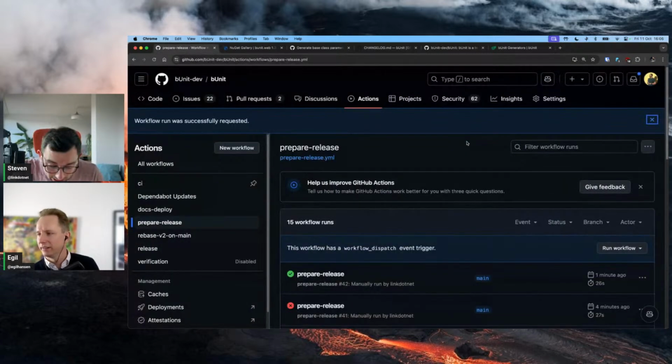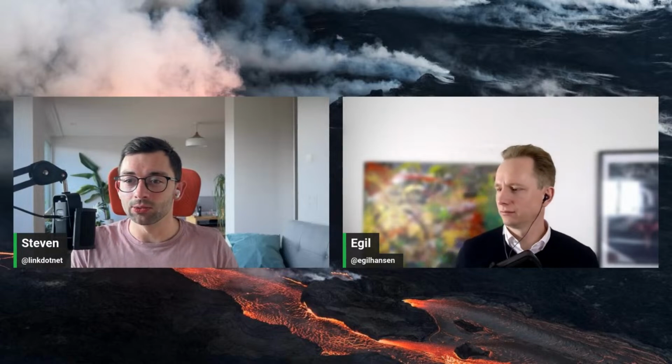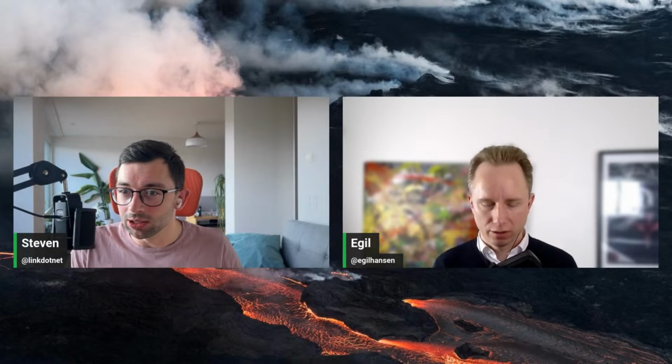Exactly. So the last thing we did a few weeks before we did the whole central package management thing, we were working on V2 and we did some stuff. So the DOM is basically solely AngleSharp objects and the markup is then generated out of them. So maybe you can give a bit of context on what you wanted to achieve with the whole TypeScript to C# thing. Yeah, so I guess if we go back to the beginning,